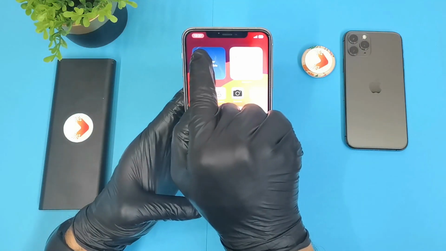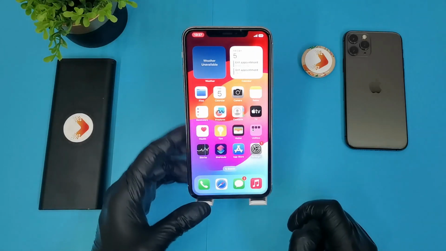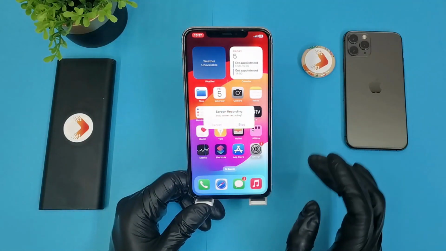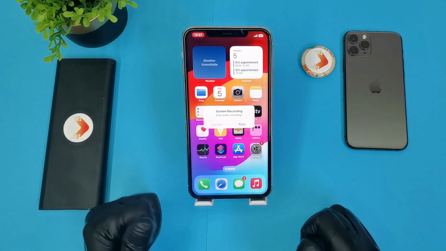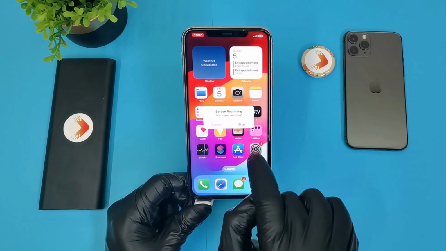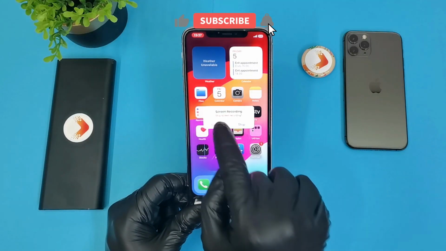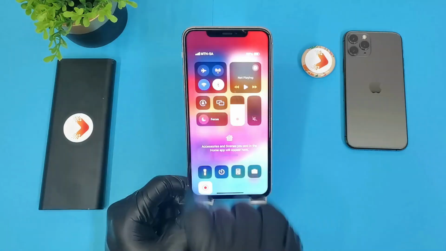As you can see, the small recording timer has started here, and then you can click on it. It will ask you whether to stop the screen recording or not. So you can stop the screen recording if you want to stop it, and you can start the screen recording from here. At the moment it has started recording my screen,